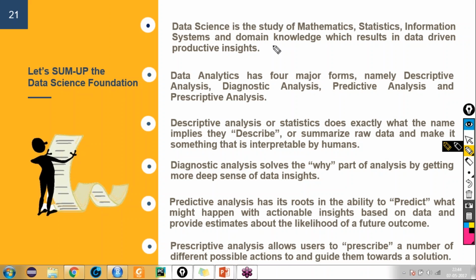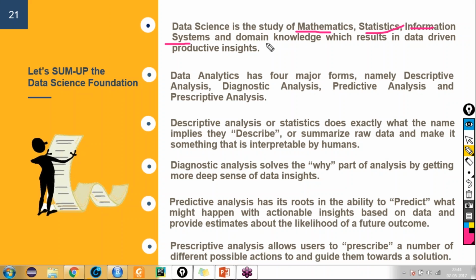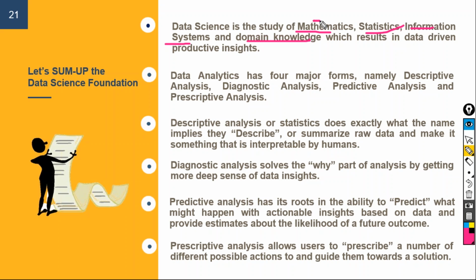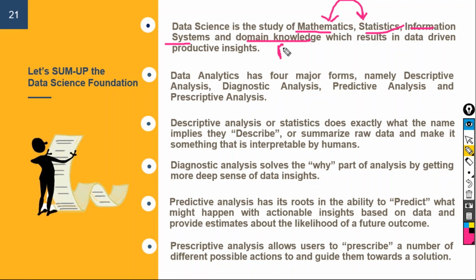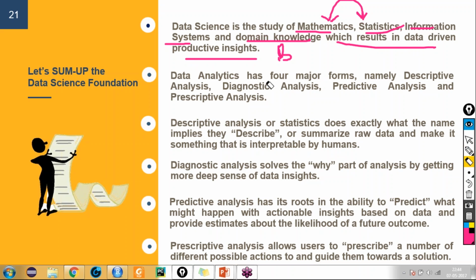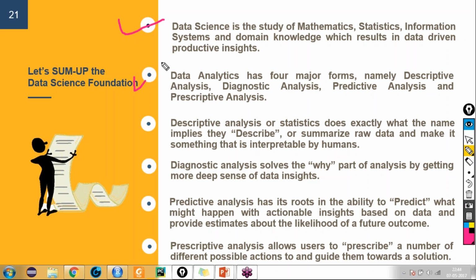we have covered data science is a study of mathematics, statistics, information system, which is again software engineering, and a domain knowledge, right? So what you can see is mathematics and statistics, these both can come under the one part, okay? And domain knowledge is nothing but business knowledge, right? And which results in data-driven productive insights, correct? Fine. So the second topic which we have covered is there are four different kinds of data analysis techniques,